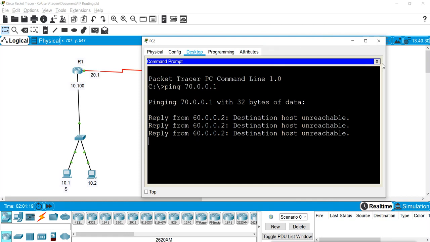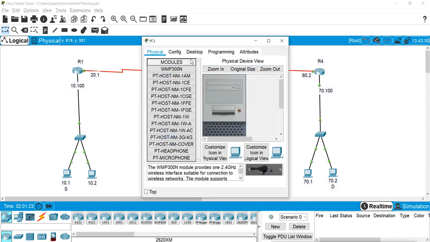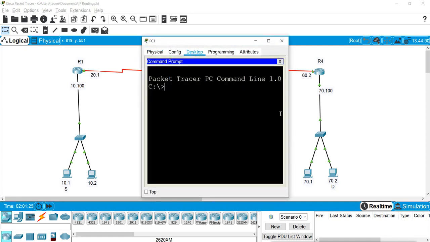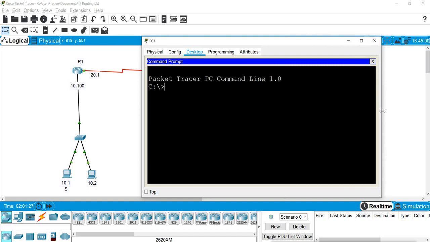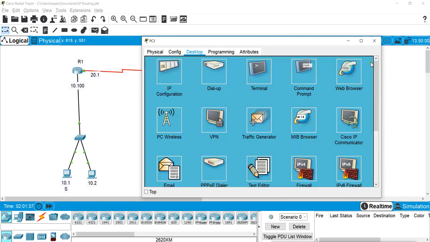But when I try from 30.2, I can ping, because we have allowed the whole network of 30. But the problem is here.